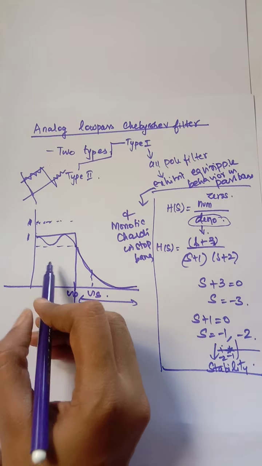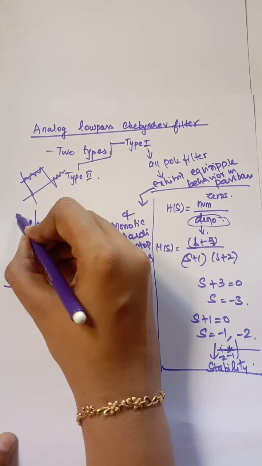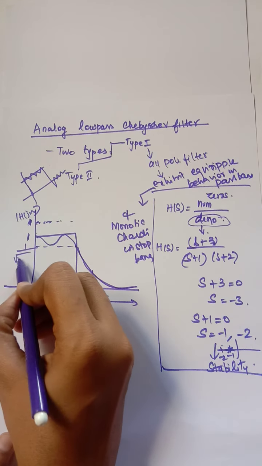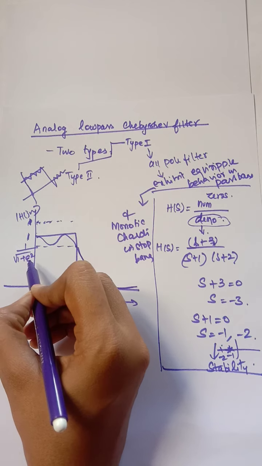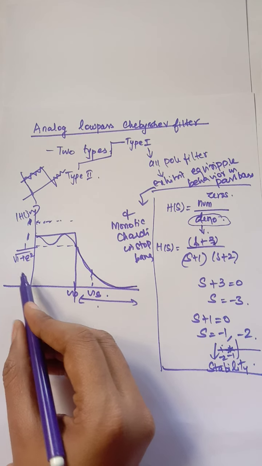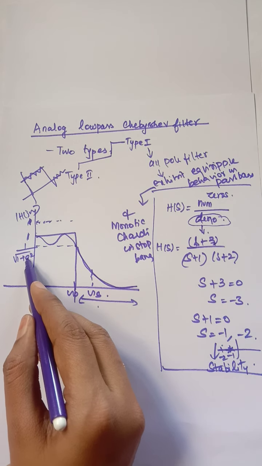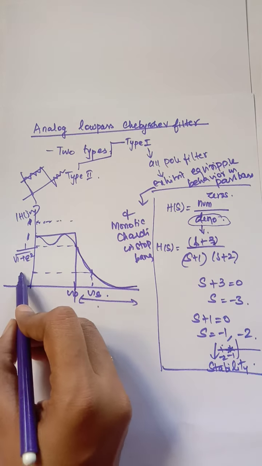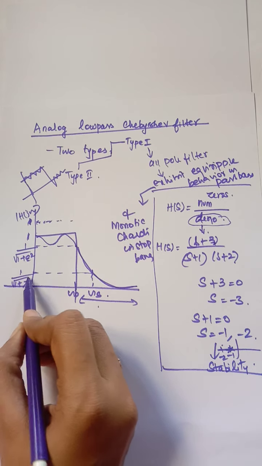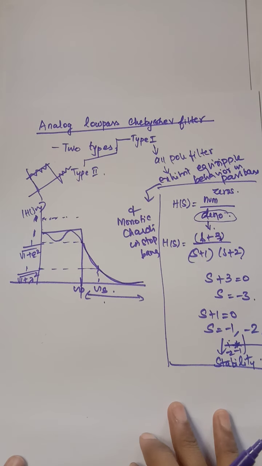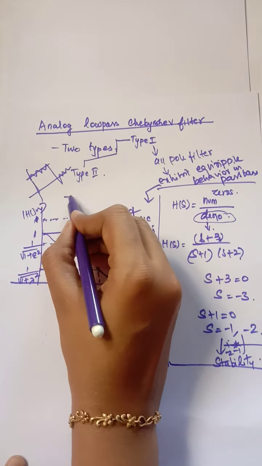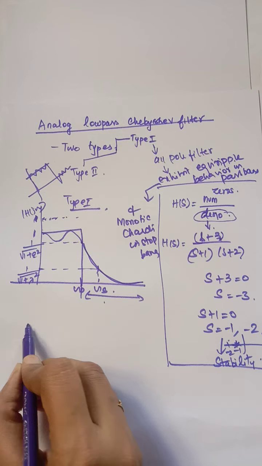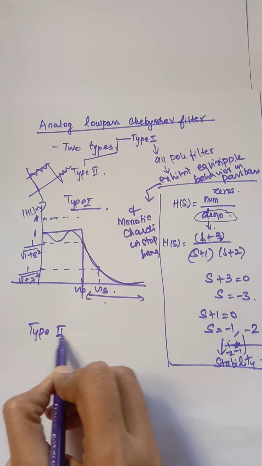Now this is your magnitude of H of j omega. Here you will have 1 by root of 1 plus epsilon square. We have discussed this parameter, right? This represents the ripple term related to the passband, and here you will have a term related to the stopband, so 1 by root of 1 plus lambda square. So this is the characteristic of the type 1 design. Similarly in type 2 design, you are going to get the same thing.